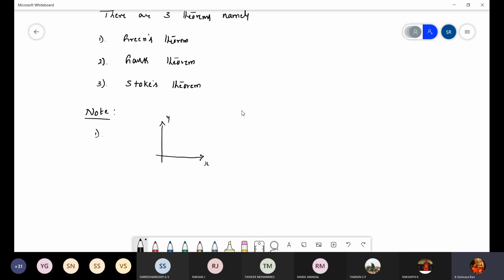Otherwise, I will explain. In a Cartesian coordinate system, this is the origin. What is the equation of x-axis? Equation of x-axis I'm asking. Which variable is constant on x-axis? Y equal to 0. Is it right? On x-axis, x will be positive on the right side and negative on the left side if you move, but y remains constant. So that is the equation of x-axis: y is equal to 0.